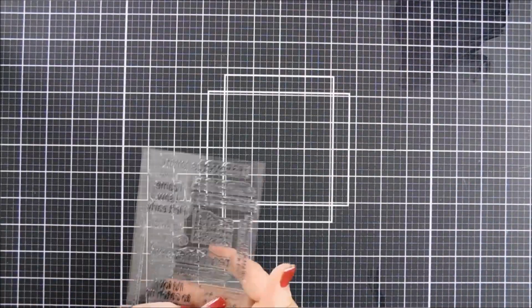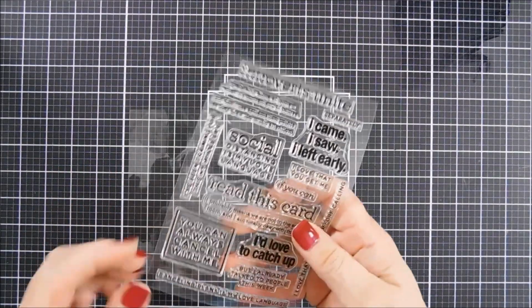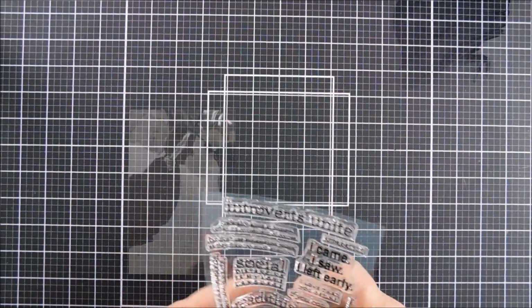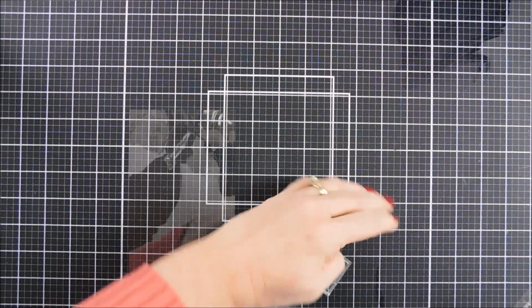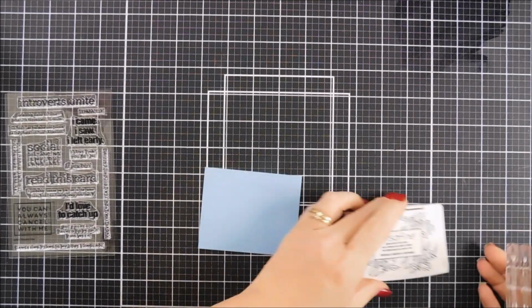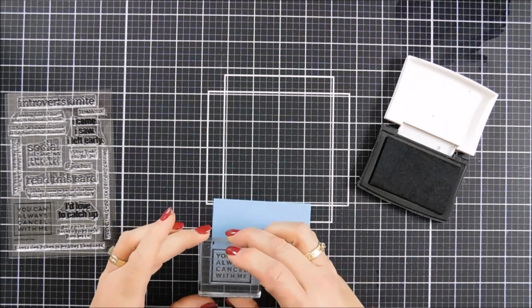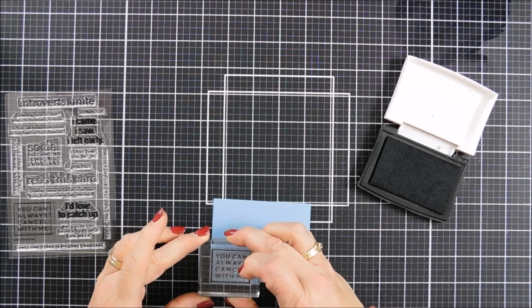Another one says Introverts Unite, of course, the name of the stamp set, but then there's a secondary sentiment that says preferably alone at home when it's convenient, of course. But a lot of sentiments like this, and if you want to check this out, I'll link this down below with the entire release. Now we're going to start off by stamping the sentiment that says you can always cancel